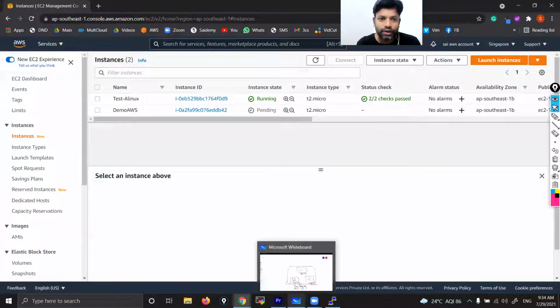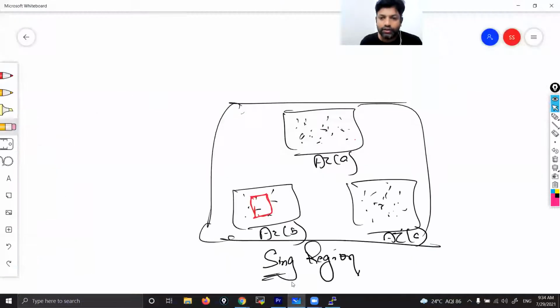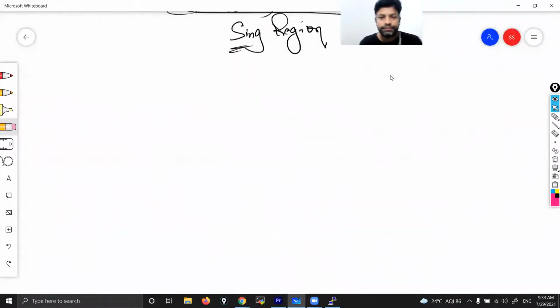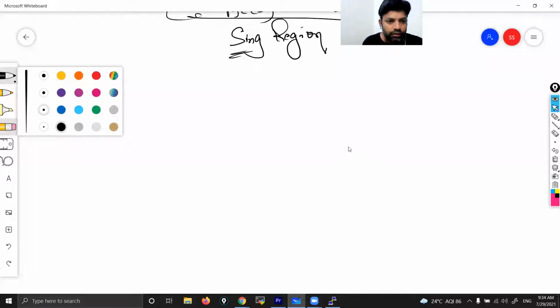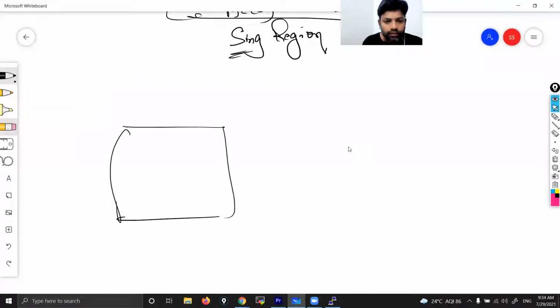Now let me tell you what actually happened. Test Amazon Linux and demo AWS, right? Initially we launched one instance, and that name we gave as test Amazon Linux. While launching this instance, we selected one key pair, that is 29 test.pem.